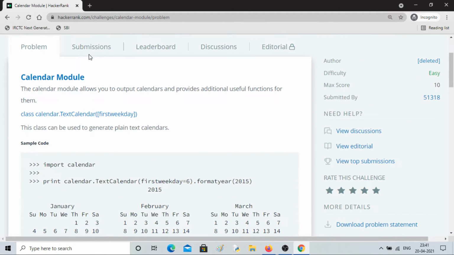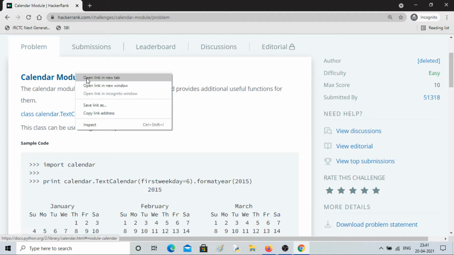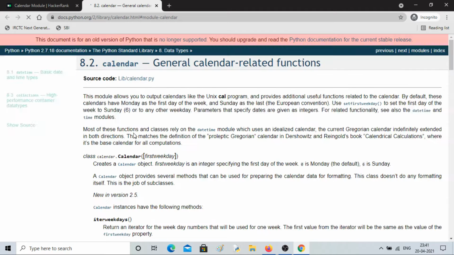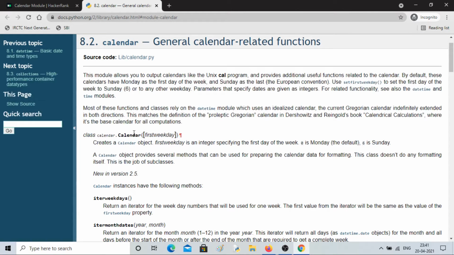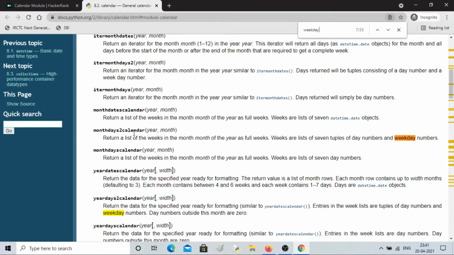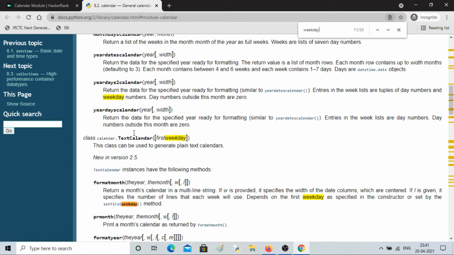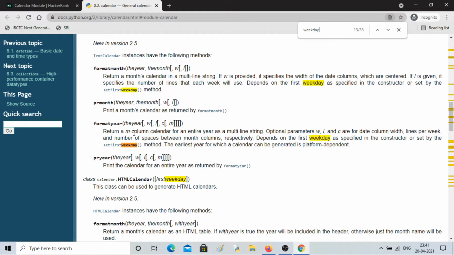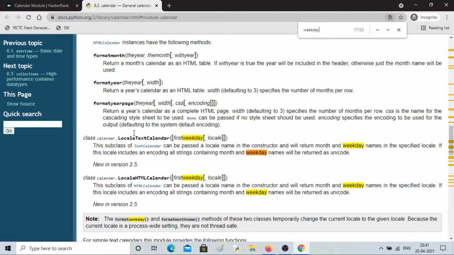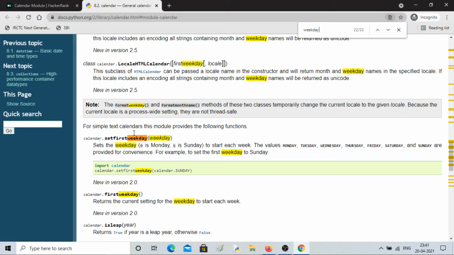Let me show you again. In the calendar module we saw weekday, right? Control F, weekday. Where is weekday?